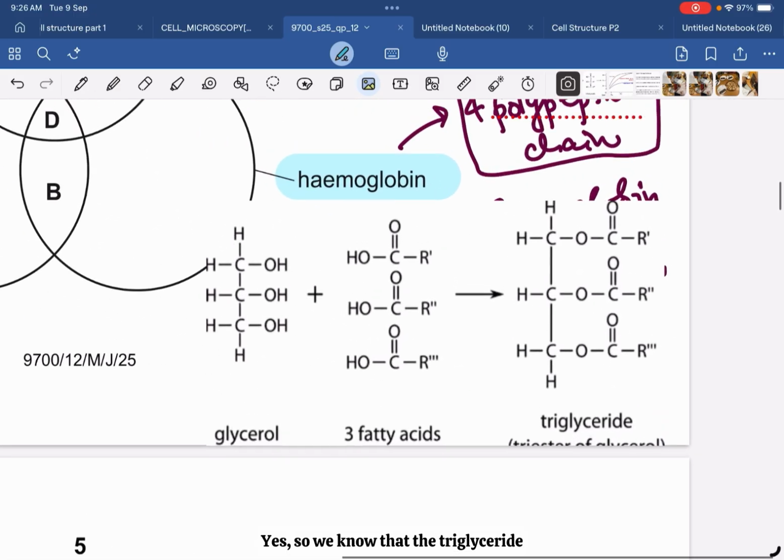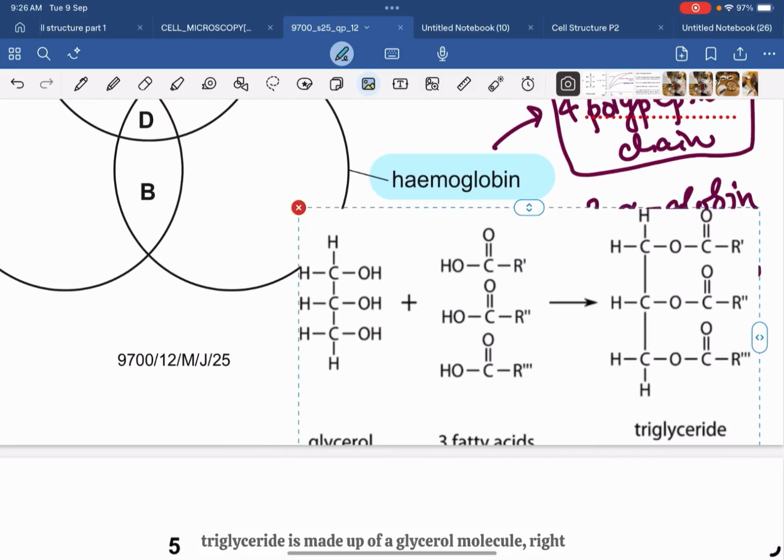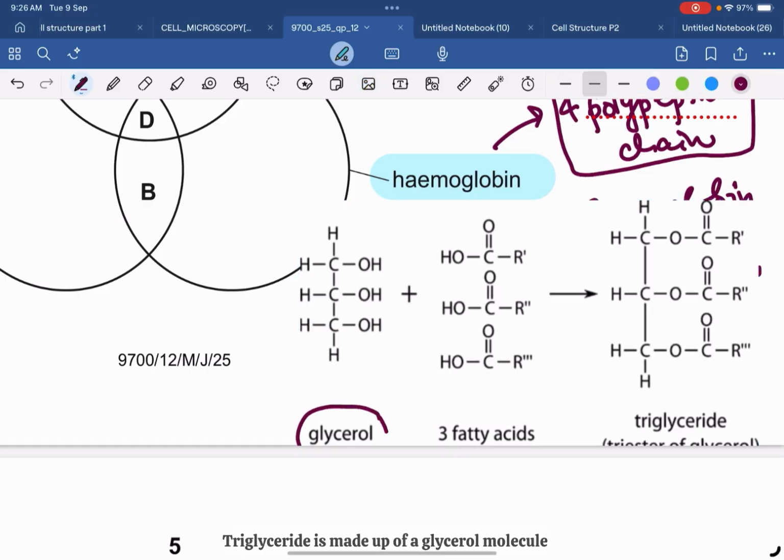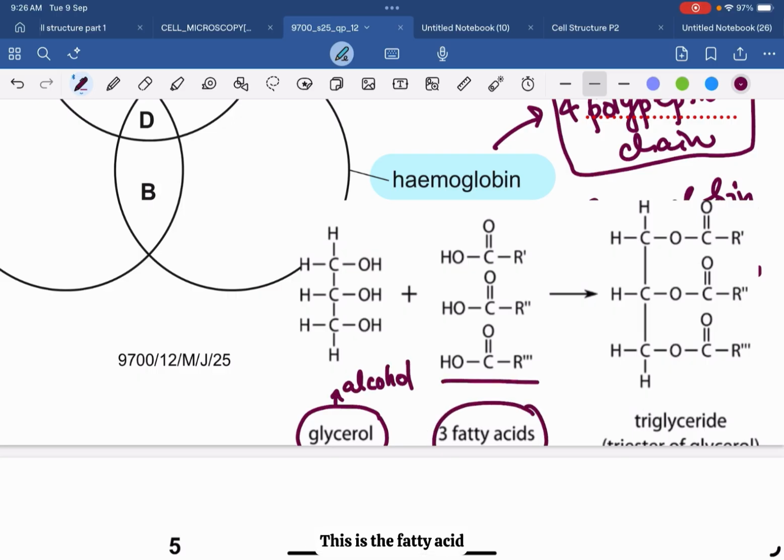Yes, so we know that the triglyceride is made up of a glycerol molecule, which is the alcohol, and 3 fatty acids, right? This is the fatty acid. Fatty acid is determined by the C double bond OH group over here, right? 3 fatty acids and the alcohol combine together to give the